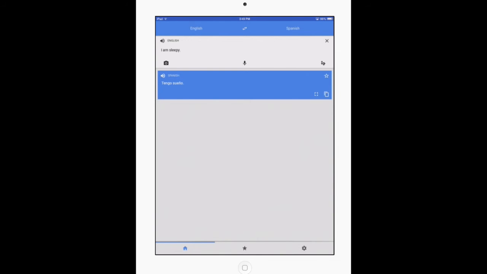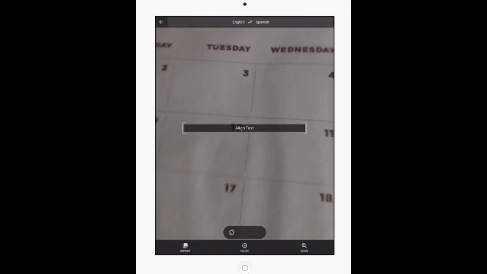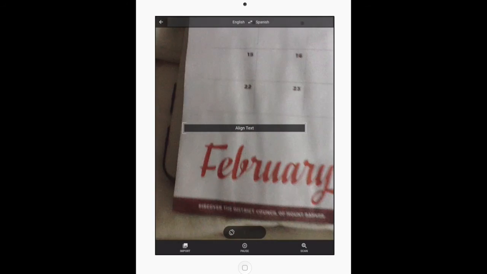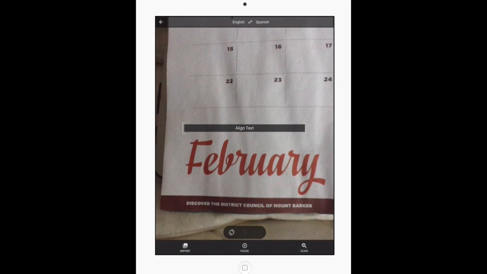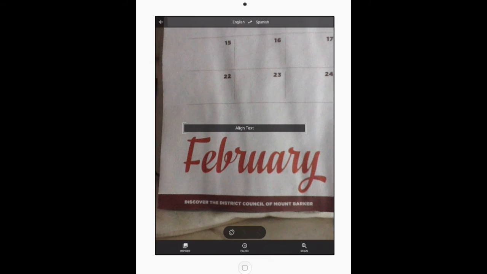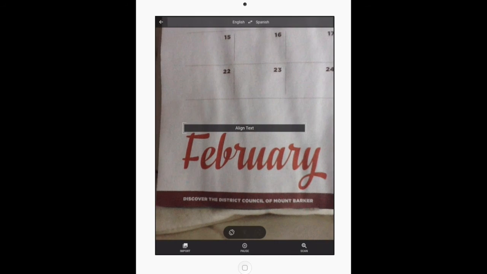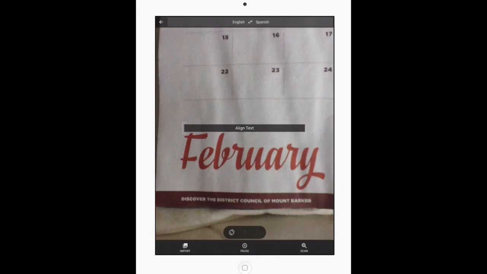And finally, I do have access to the camera. And what the camera will do for me is take a picture of text. It does not work well for large portions of text. It will want you to align the text. And I'm using this particular calendar so that you can see that the font really does matter in this. When I'm ready, and I think I have everything lined up, I scan,